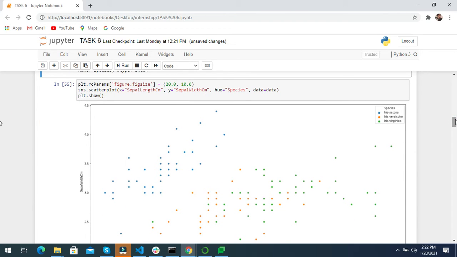Then we plot a scatter plot between sepal length centimeter and sepal width centimeter, colored according to species.